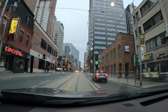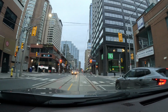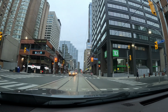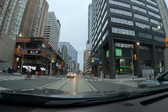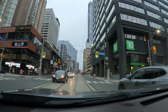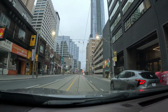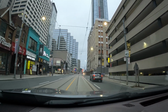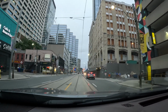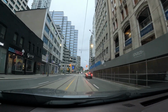But this whole area used to be called the Ward. It was like a big, huge, people could say it's like a slum. All the, I guess, poor people, immigrants, they lived here. But a lot of it has been taken away. It used to actually be also a big, huge Chinatown as well. But they all tore down